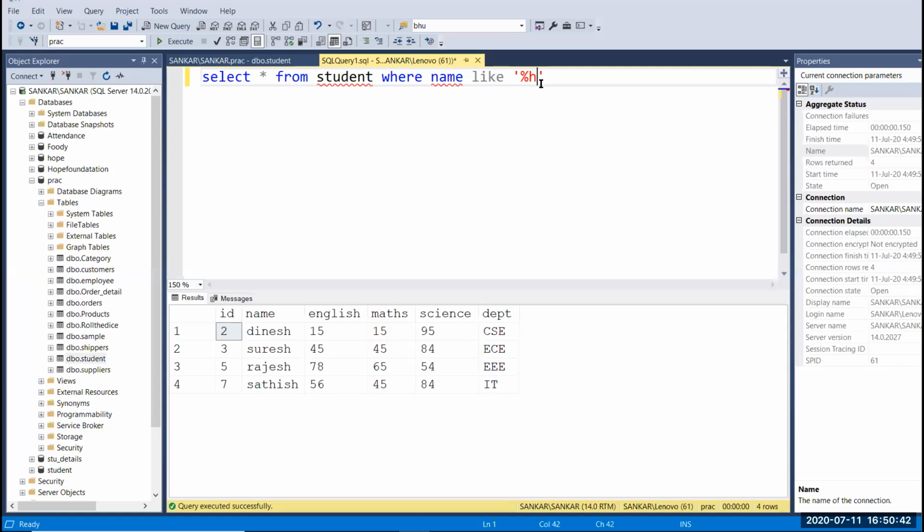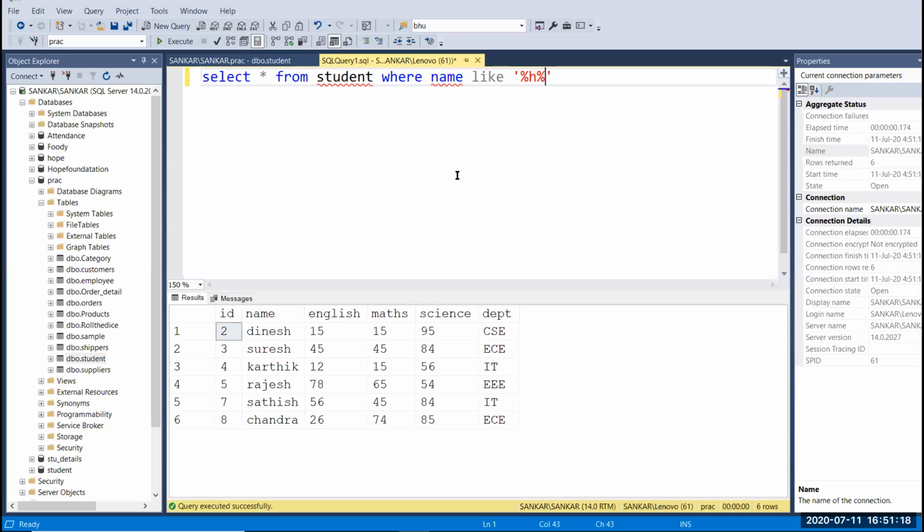And we have a third option. If I want to print H in any place in the name, you can give two percentage symbols for that. Whether the H is in the first position, last position, or middle, no problem, it will print those names. Let's run this.